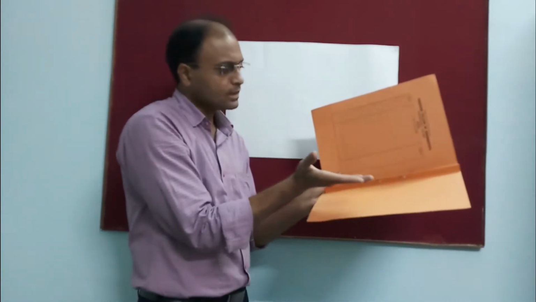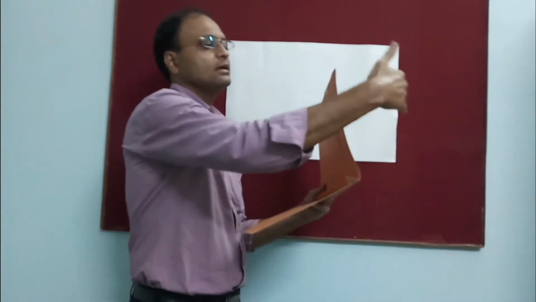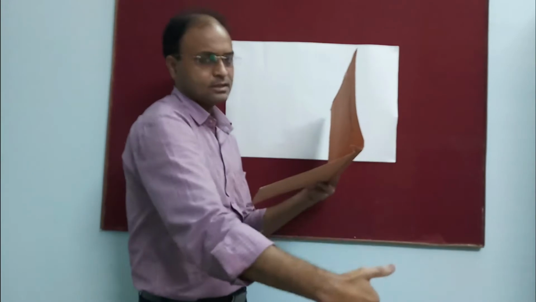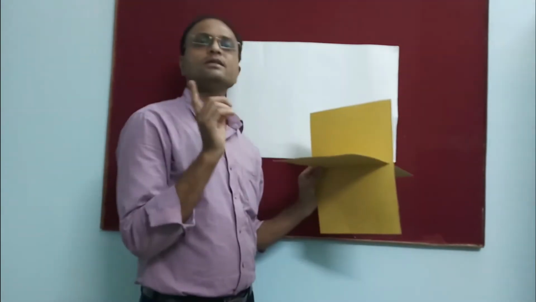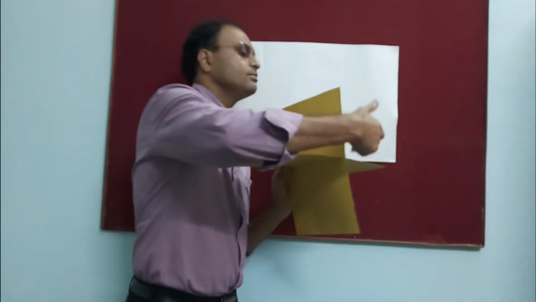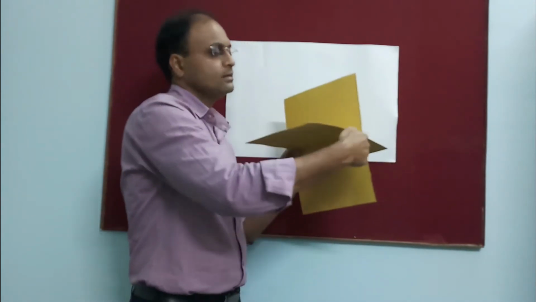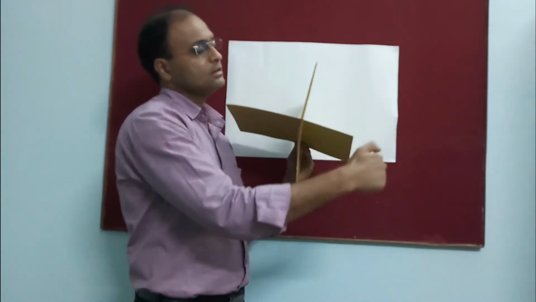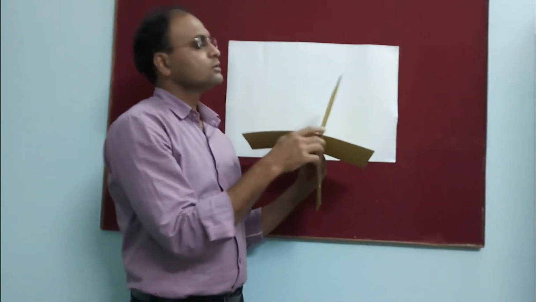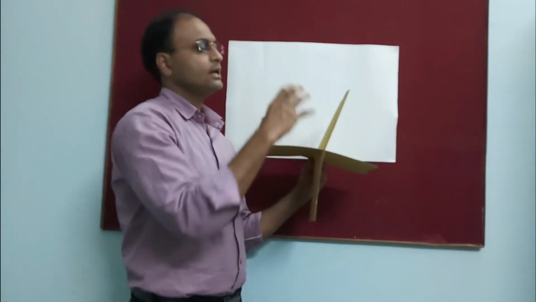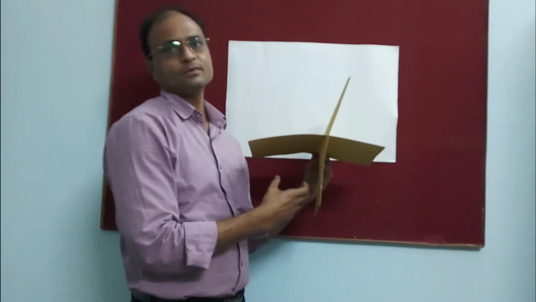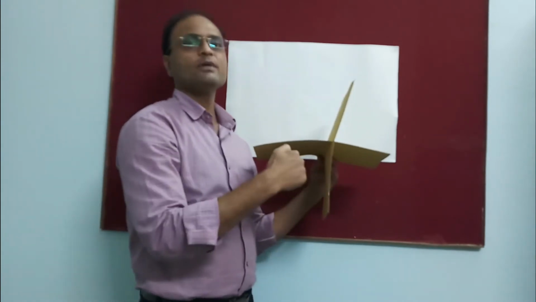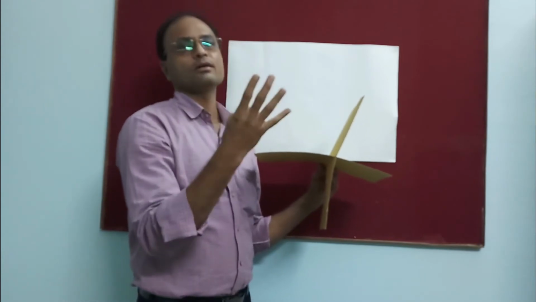Now if I further go on extending these two planes, if I extend HP beyond this, and even if I extend VP beyond this, you will see the formation of four different quadrants. As we see here, HP is extended beyond VP and VP is also extended below HP, so there are four quadrants formed. Respectively these quadrants are named the first quadrant, second quadrant, third quadrant and fourth quadrant. So by intersection of HP and VP we get four different quadrants.